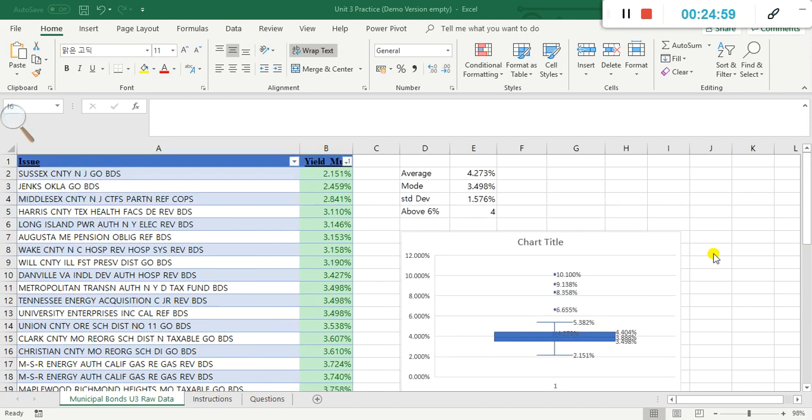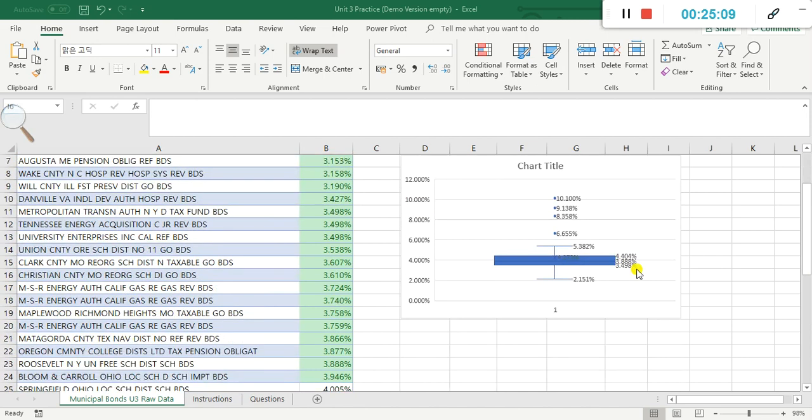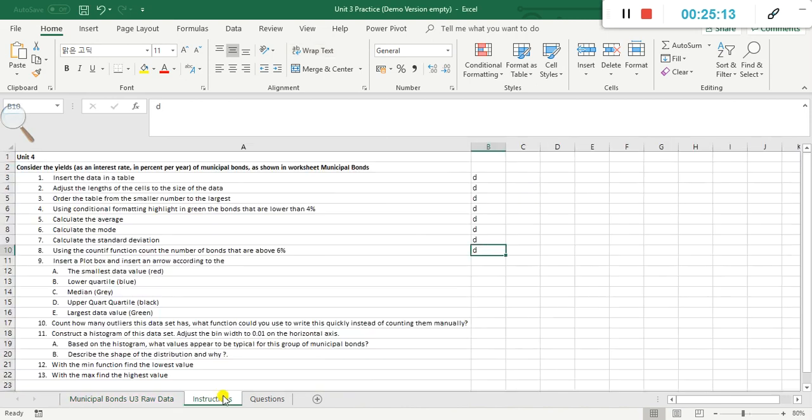Let's look at it. In this case, it was saying the average is 4.273. Is the average 4.273? Very good. Yes, that's right. So that means it's accurate. So this one in a nutshell tells me the majority of the data is there. So I have the instructions, I've done it. I have inserted the box plot, and then I'm gonna continue to